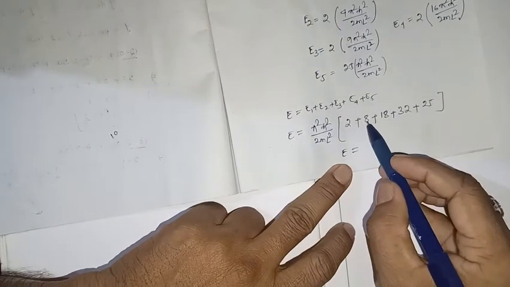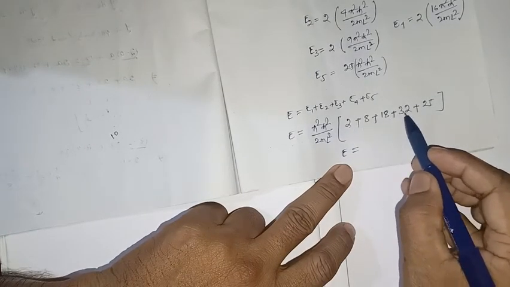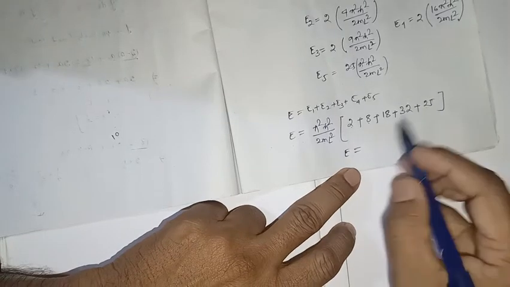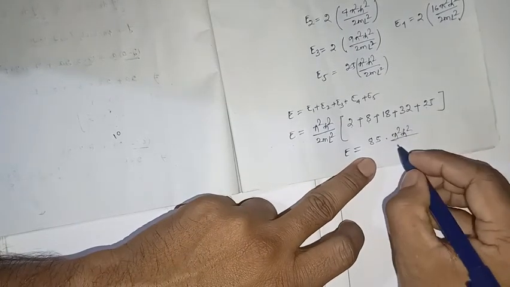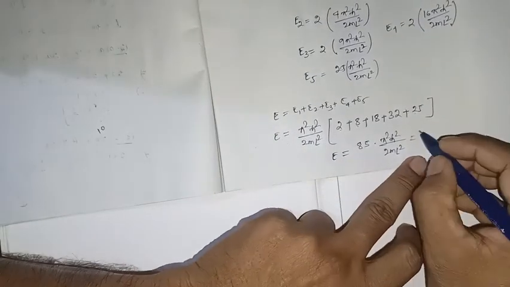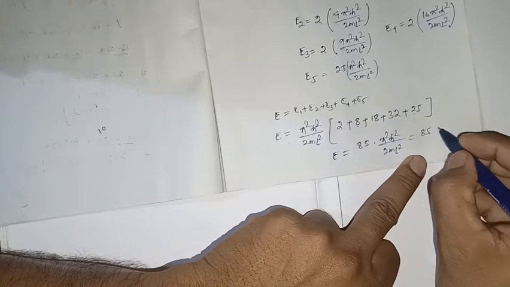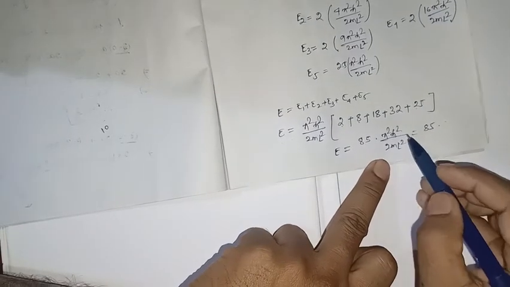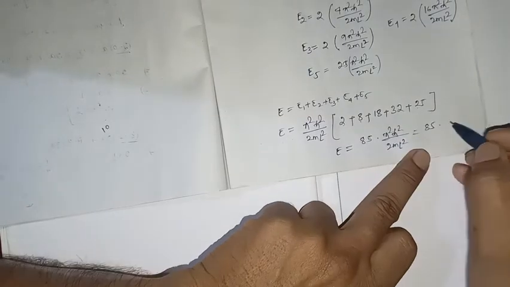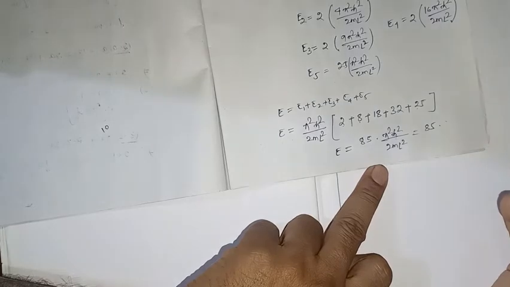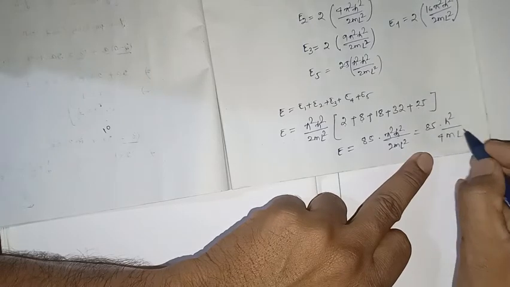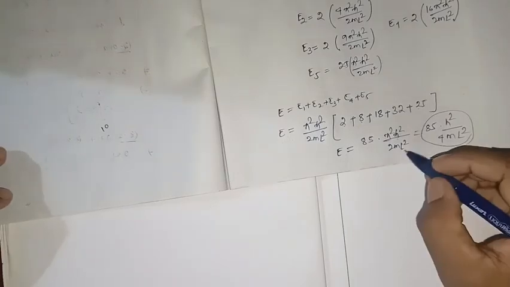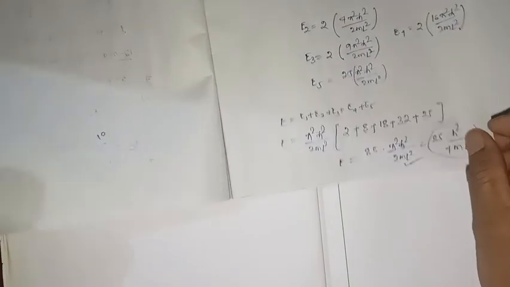here you can see 8, 8 plus 2 is 10, plus 50 is 60, plus 25 is 85, right? 85 into pi square h cross square by 2m l square, or we can write it that way: 85 into, here h cross means h by 2 pi, so it will be written h by 2 pi, so pi square will get cancelled, so it will be h square by 4 m l square. So you can check your answer, which option will be correct. Okay, so next question